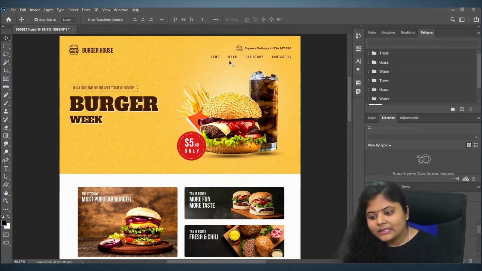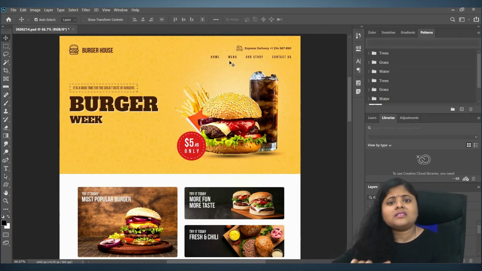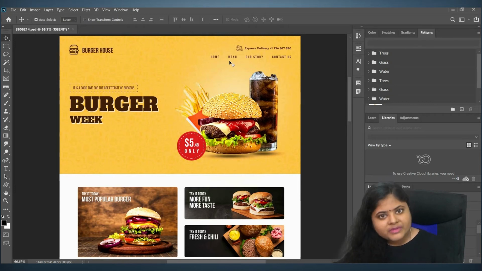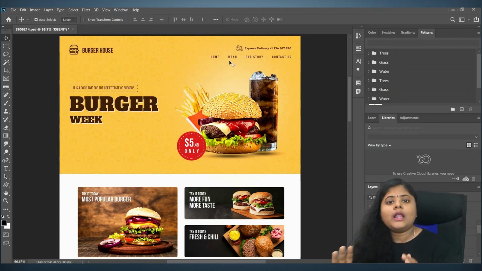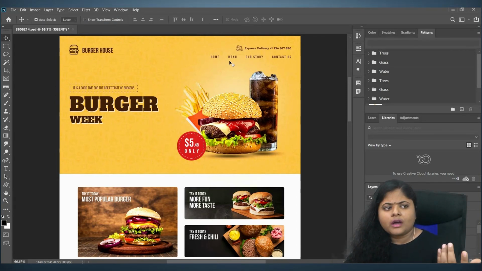For creating this type of design, the first thing you want to do is go and see all websites. Search in Google for different websites. Don't search for designs or images like that. Go and see websites like KFC or Burger King, that particular company, because you're going to create for a business, right?